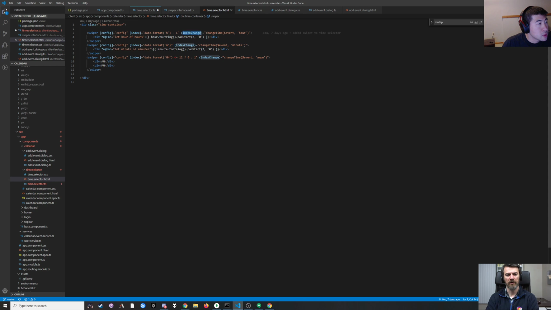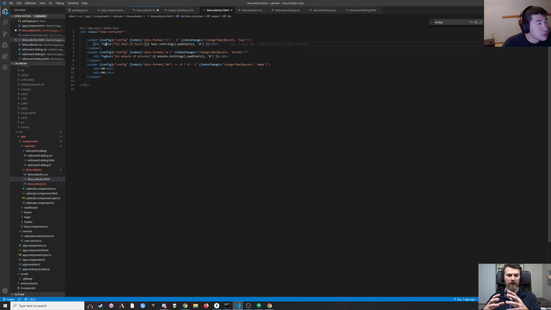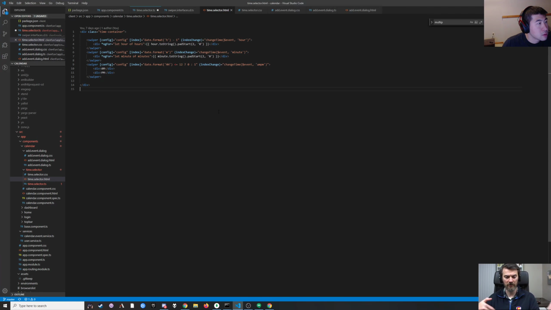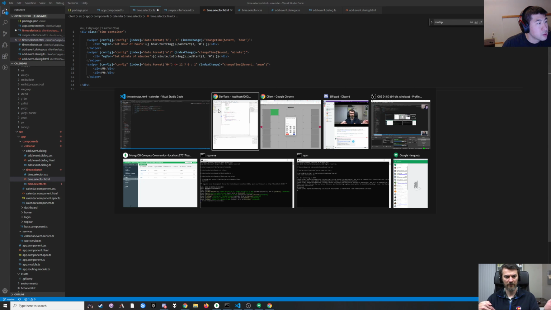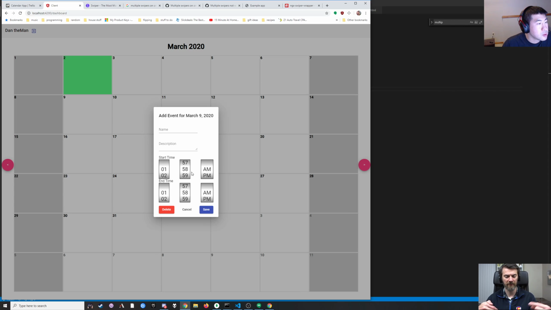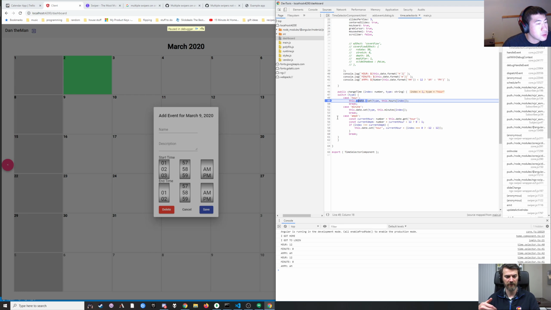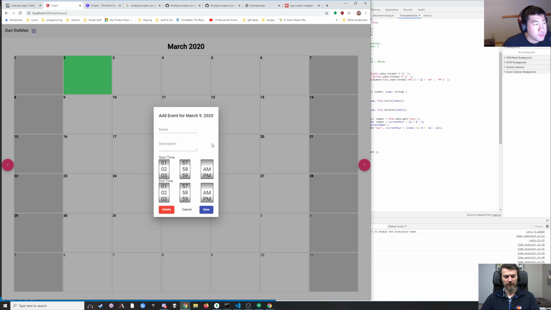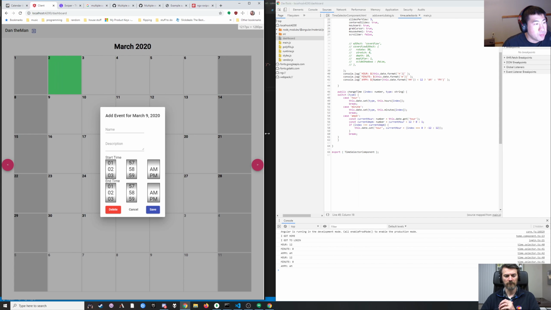I would have thought that because this is an instance of the time selector component, even though we have two instances, that function should only be invoked on the instance that it references. So it shouldn't be invoked on both of them. So I think what's happening is